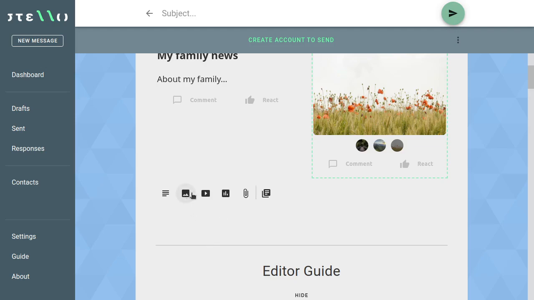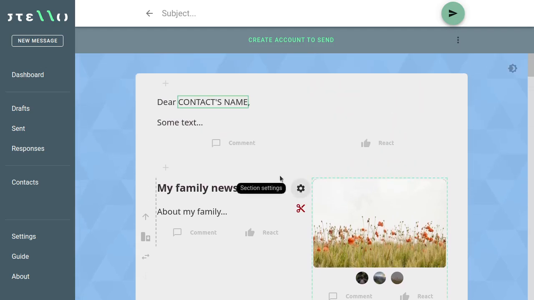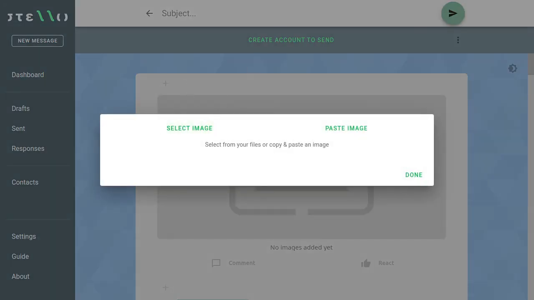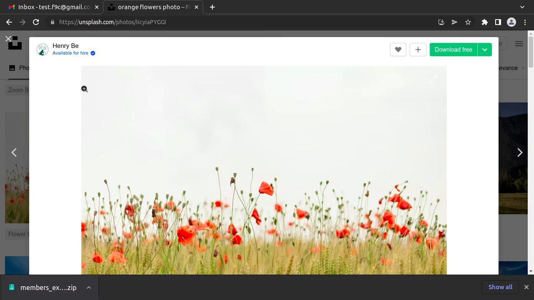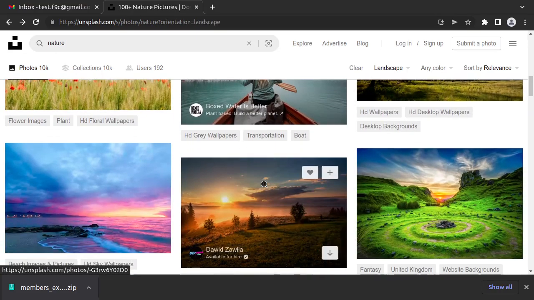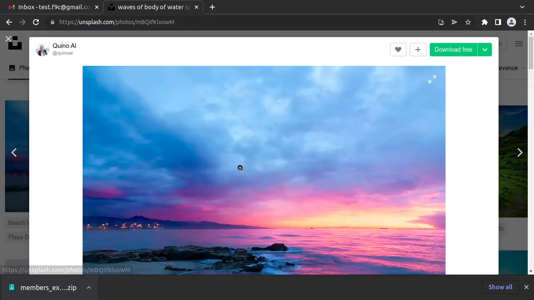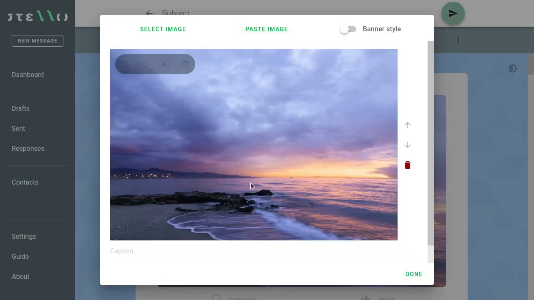So those are the basics of writing messages. You can also add videos, add charts and file attachments. I'm going to demonstrate one more method of using images to make your messages look very professional. To do that, I'm going to create an image section at the top here. I'm going to go back to that image sharing website just as an example. I'm going to copy an image and I'm going to paste it in,